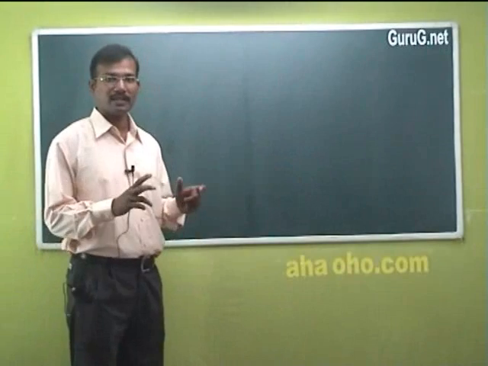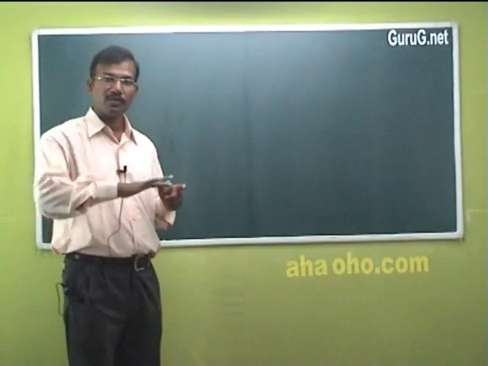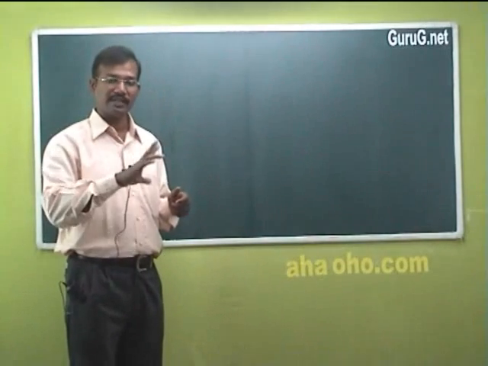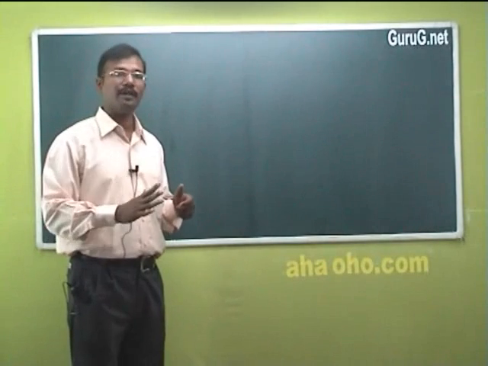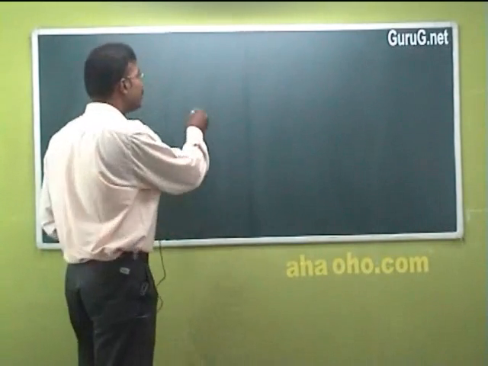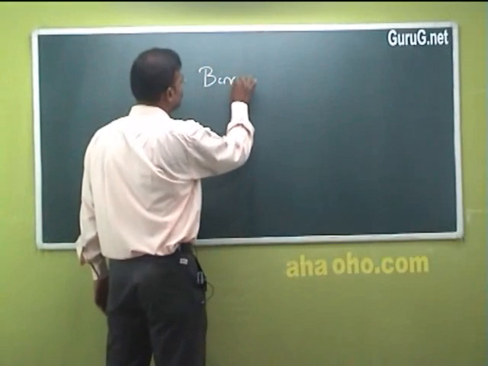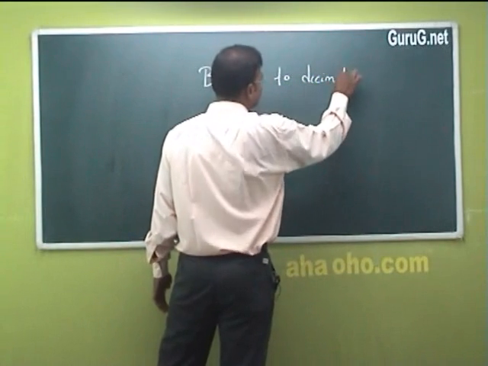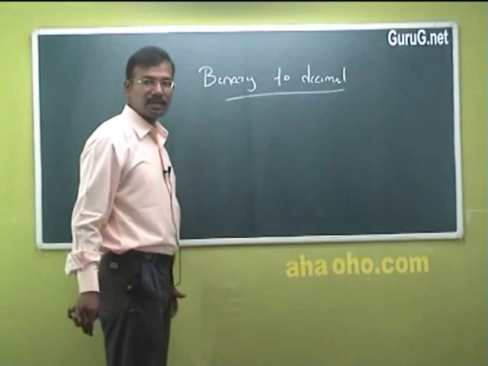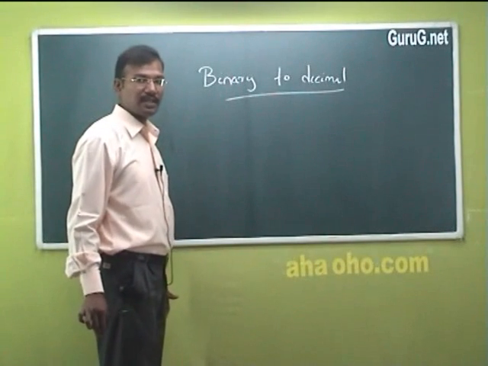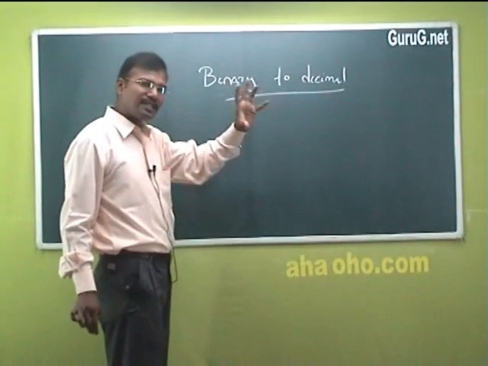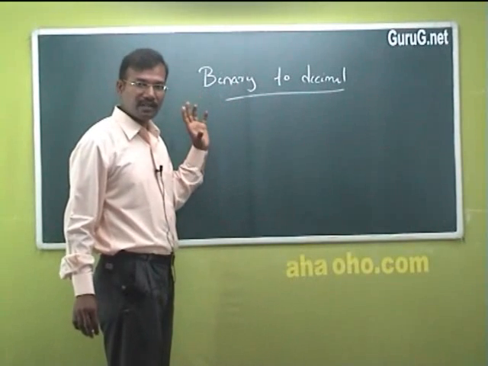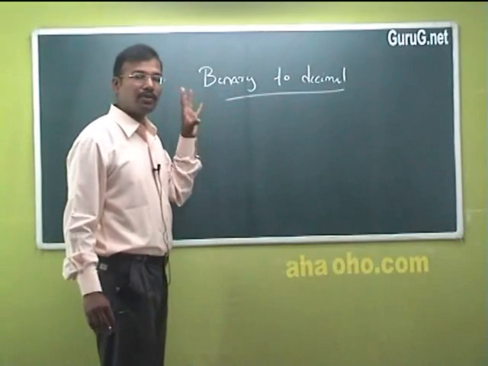So far we have discussed decimal representation to other representations. Now we need to learn the reverse also. First we will see how a binary number is converted to a decimal number. Binary to decimal conversion is the next thing that we are going to discuss. For example, we take the same number 111, whose equivalent in decimal is 7, which we have taken earlier. We take the same example and convert it into decimal.